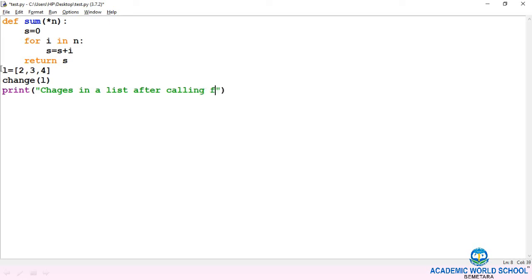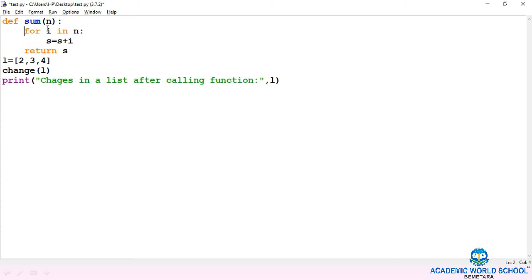Changes in a list after calling function. Now I am going to perform a few changes in a list in the function.